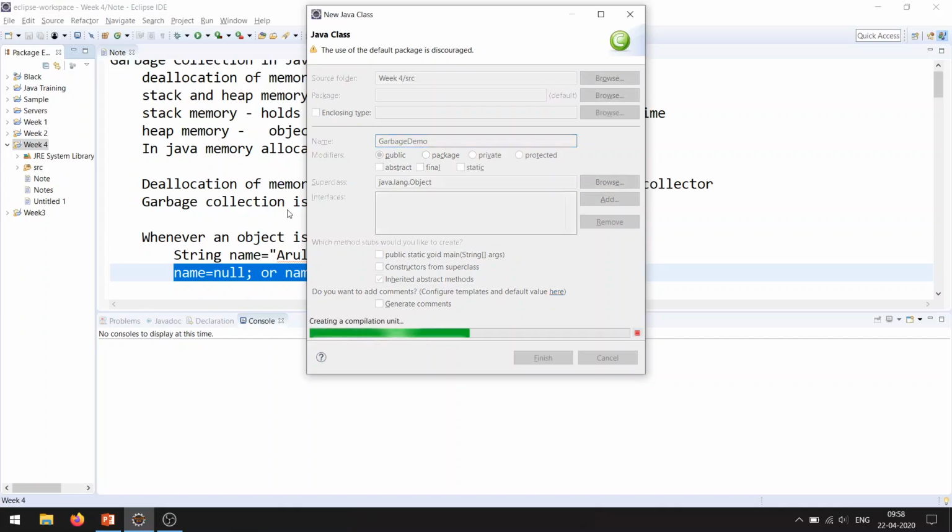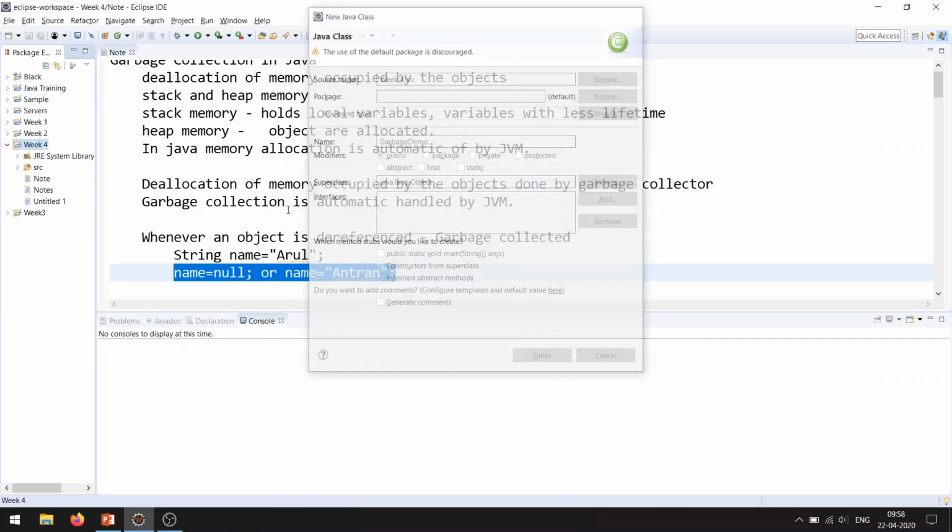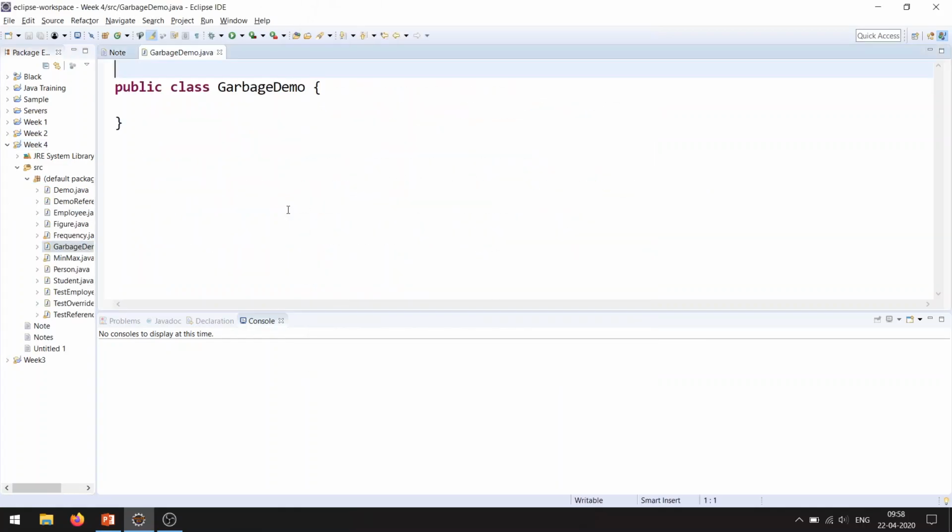Here I would like to create some n number of objects so that I can help you understand what dereferencing is. Then we'll see how the dereferenced object is handled by the garbage collector. By default the garbage collector is an automatic process. Apart from that, if you wish, you can manually invoke the garbage collector also.